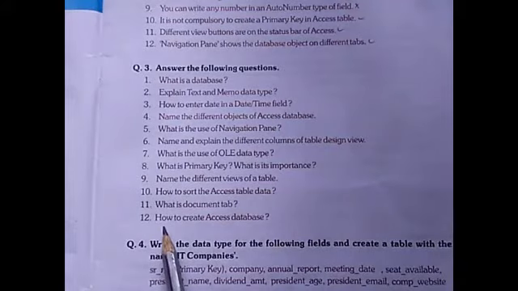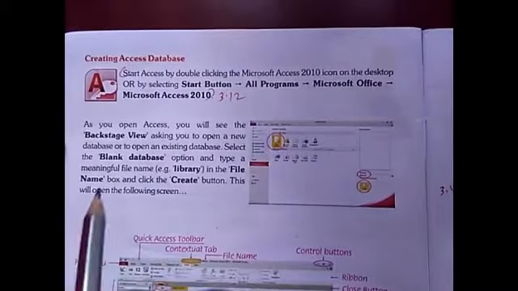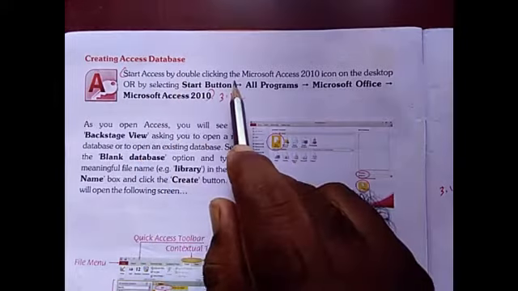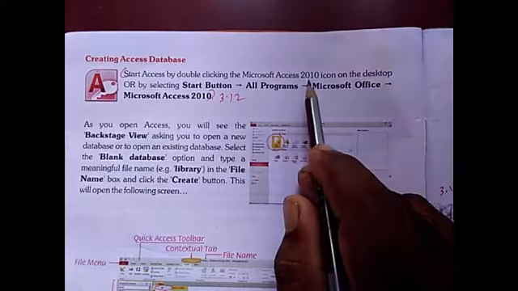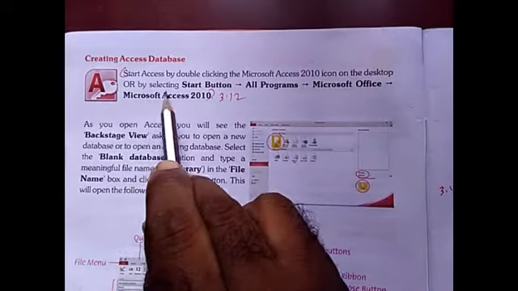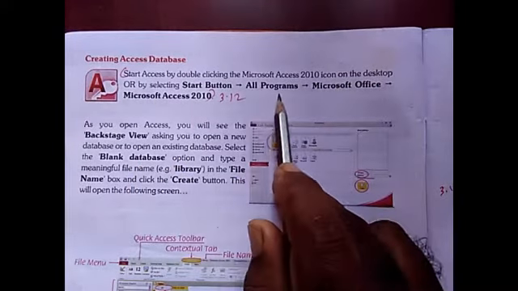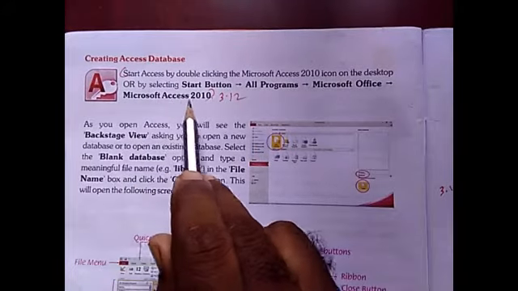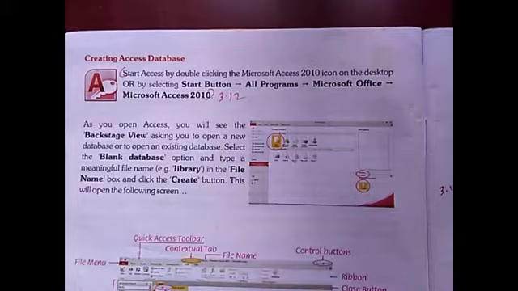Next question is, how to create access database? The answer: start access by double clicking the Microsoft Access 2010 icon on the desktop, or by selecting start button, all programs, Microsoft Office, Microsoft Access 2010.